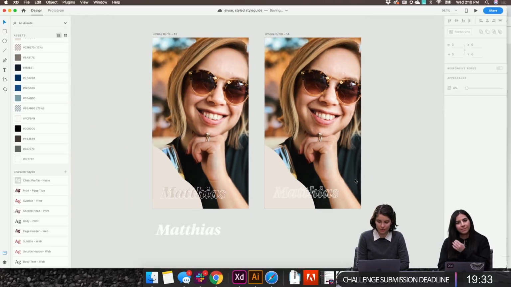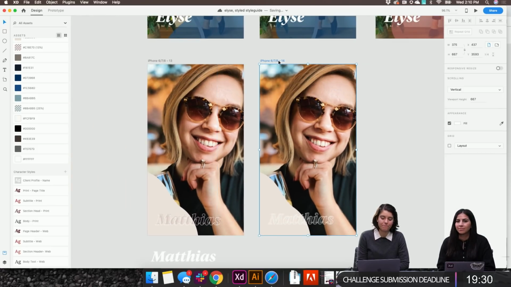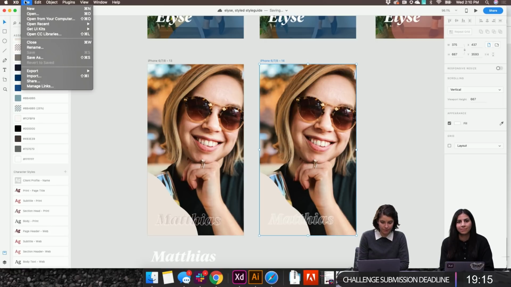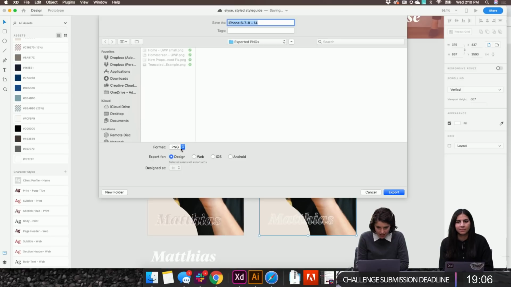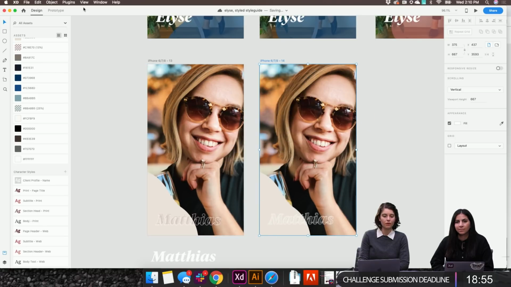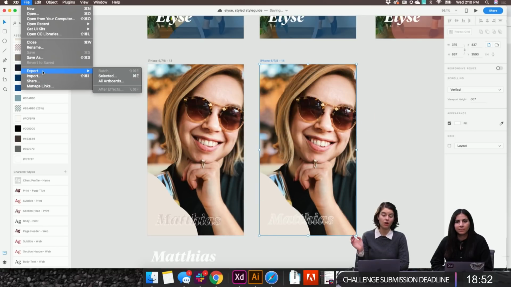I can show you really quick how to do that. So you can, of course, export this as a prototype. I think tomorrow maybe I can show off prototyping features. But I bet you all are familiar with them already. And I can also just export PNGs. So here I have one artboard selected, and I just go to Export and then Selected, and then I can export it as all these different types of files, so PNG, SVG, PDF, and JPEG. Or there's an option, I think you saw, for just exporting all of the artboards.